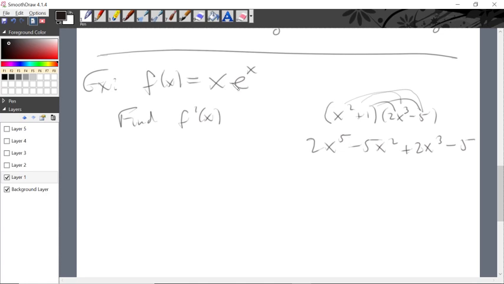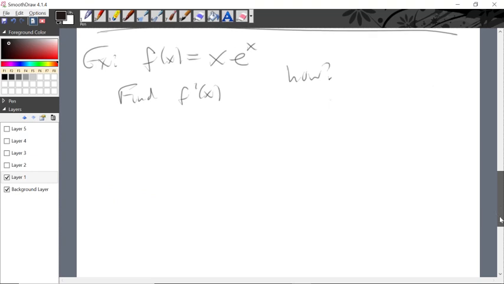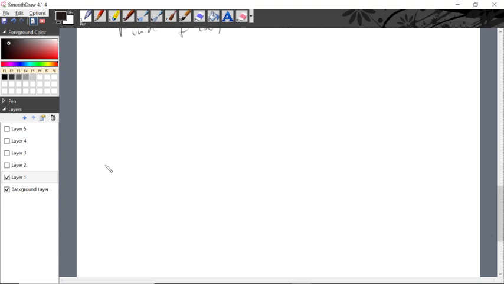But because of this combination we have here, power function times exponential, there's really nothing we can do to simplify this beyond this point before we take that derivative. So the question is, how do we find this derivative? Now let's step away from this example for a moment and take a look at, in general, how we would define